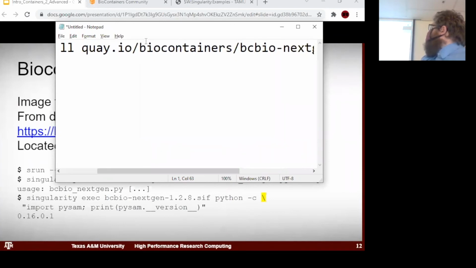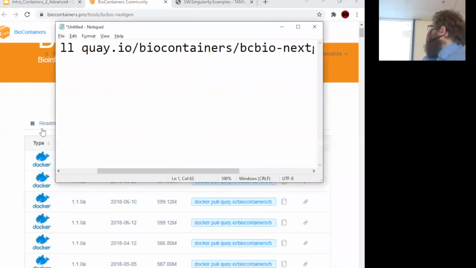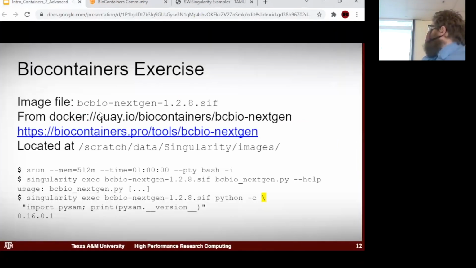So the Biocontainers page said, do it like this. And then our page says, actually, do it like this. So you just take the same thing and add Docker in front of it. Docker / and then the same thing. So that's how I downloaded this file. So then, if you wanted to make it do a thing, here's a way to make it do a thing. There is a Python file in there,